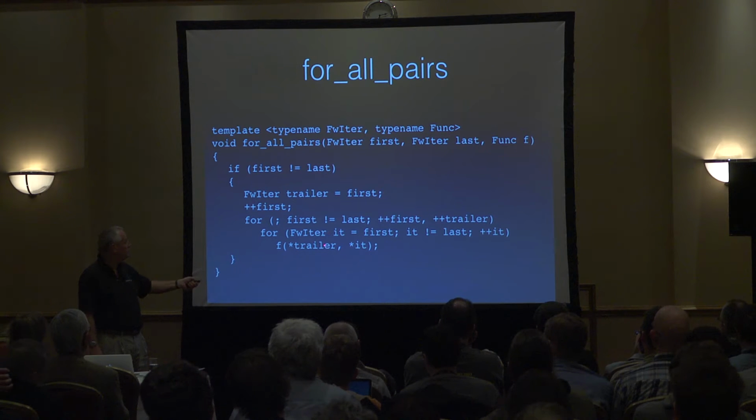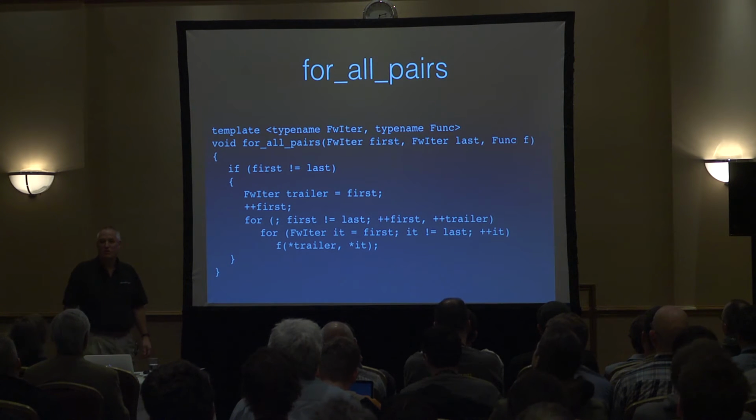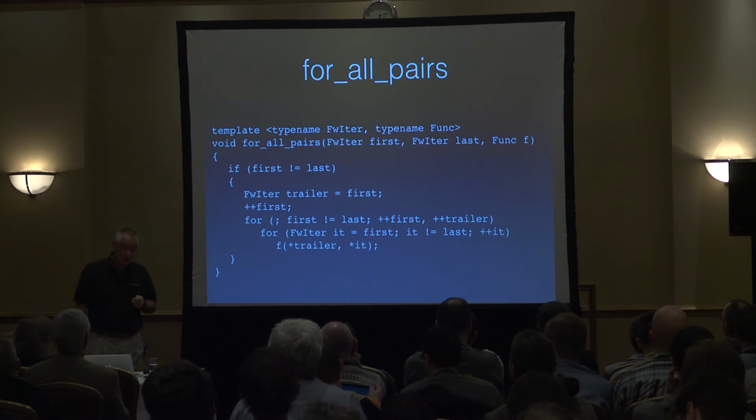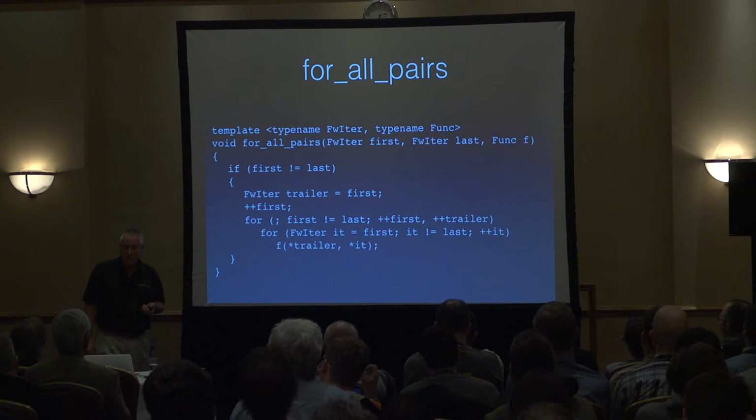Maybe should be iter, but it's already too long. And then we go, so 1, 2, 1, 3, 1, 4, 1, 5, and then we increment both first and trailer. And this is almost a recursive thing. You could turn this into a recursive solution or an iterative solution. They're functionally the same. Anyway, the point is this is not really very different from the first one. There's an extra loop here, and completely unsurprisingly, this is an order n squared algorithm, while the previous one was